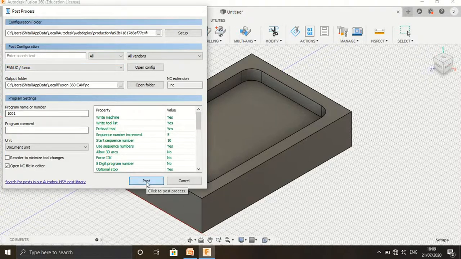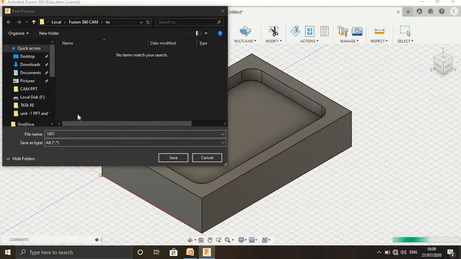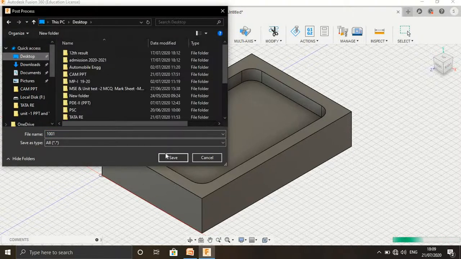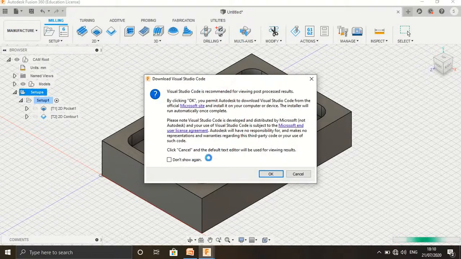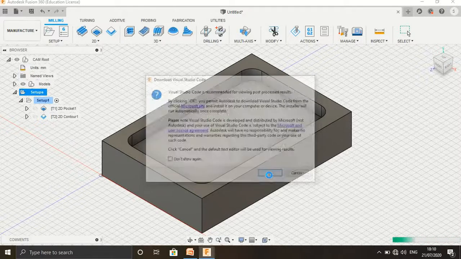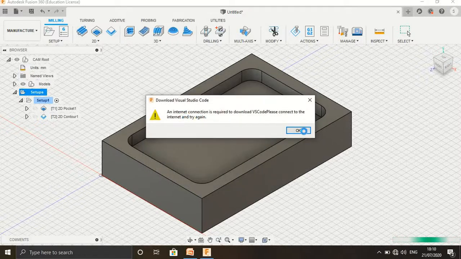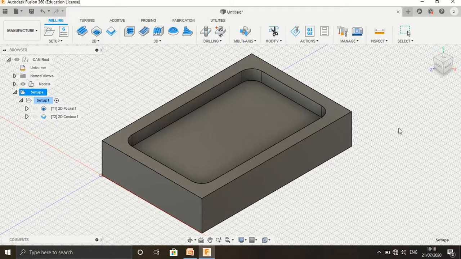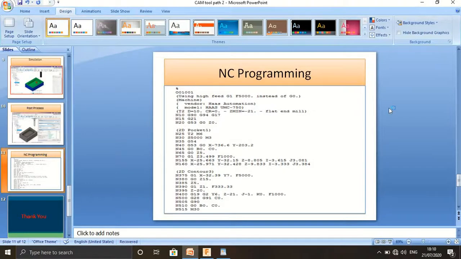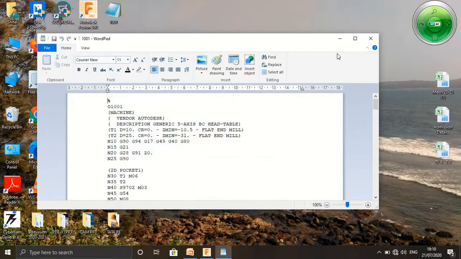Then simply set the post on the desktop and save. The post processing code, or programming code, is generated. Say OK, minimize the window.